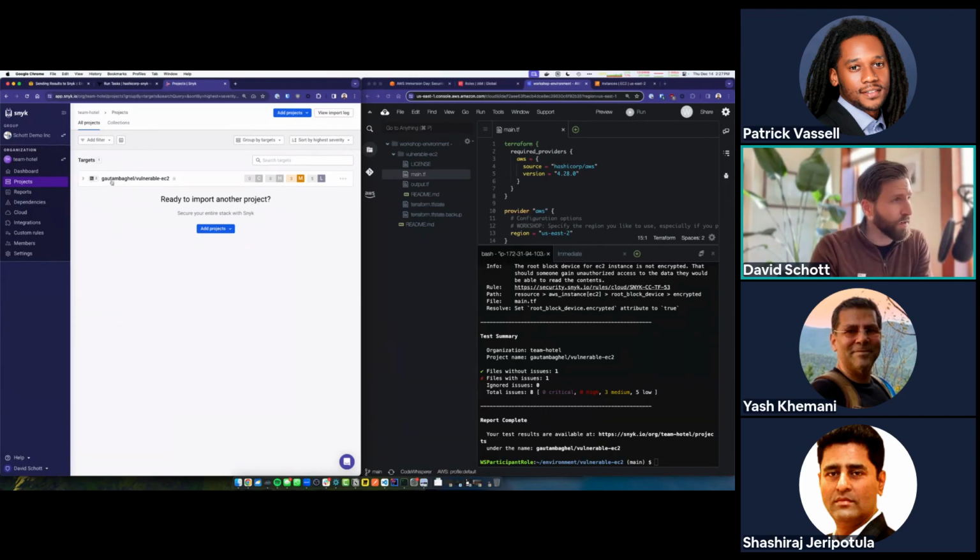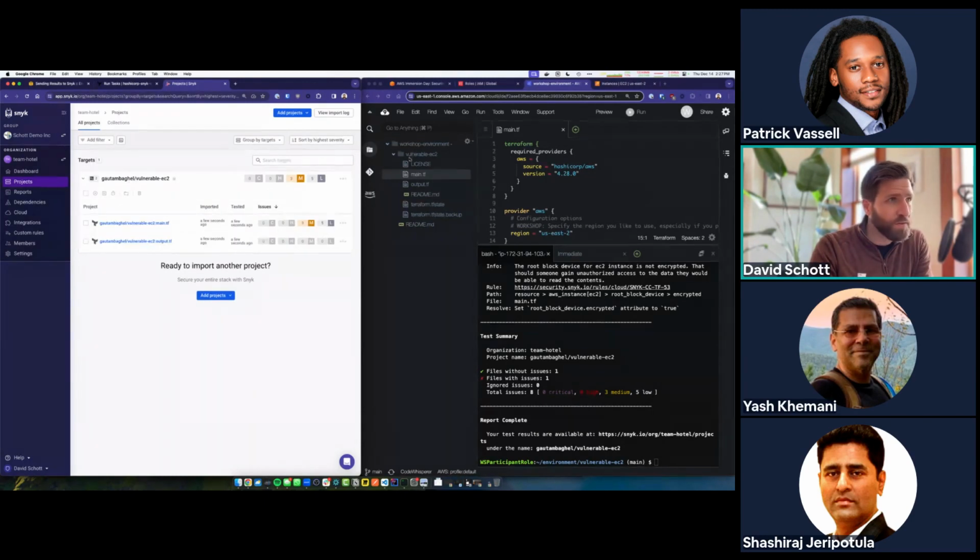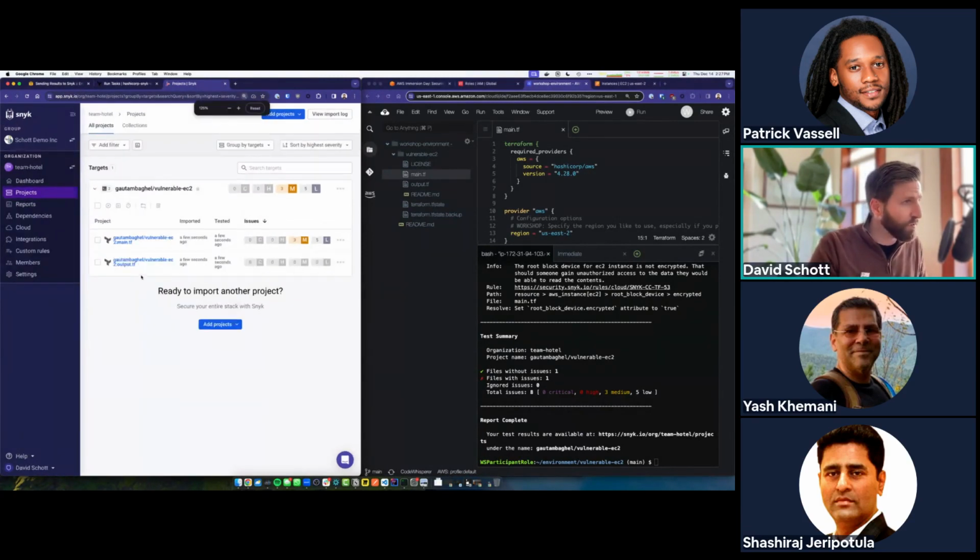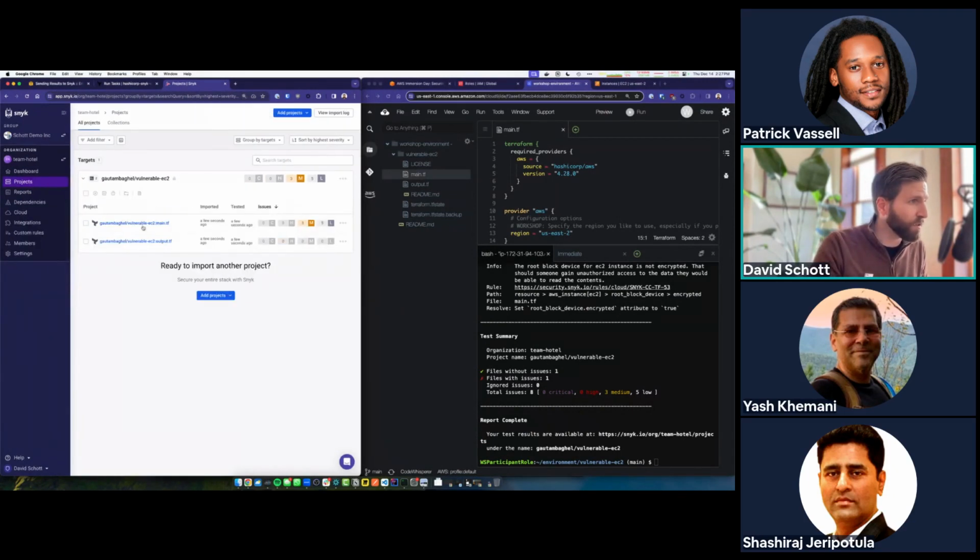It's actually called a target. And if we open it up, it's got a name that's identical to the code repository that we're interacting with. And if we expand it, we see that there are a few infrastructure as code files that are being scanned. We see our two TF files, main.tf and output.tf.